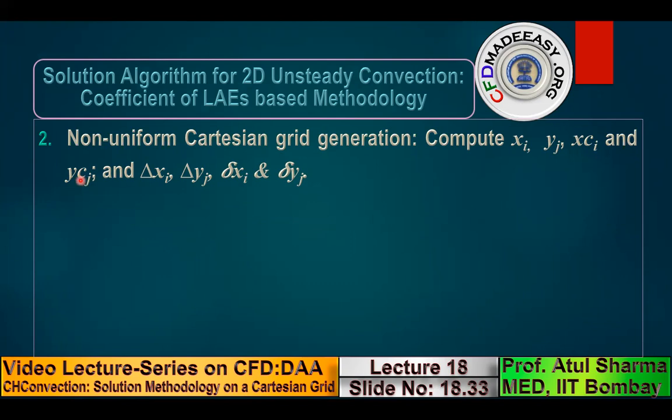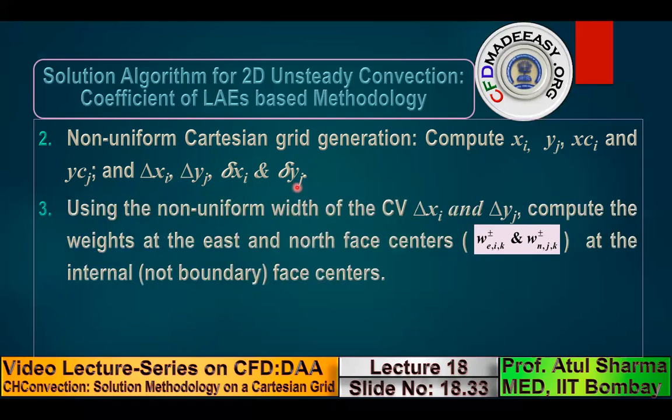And this is the width of the control volume in a Cartesian coordinate system. The width delta x varies in the I direction, delta y varies in the j direction, as I mentioned in the earlier topic on computational heat conduction. So the width of the control volume is the distance between the adjoining cell centers. This delta x varies in the I direction, delta y varies in the j direction.